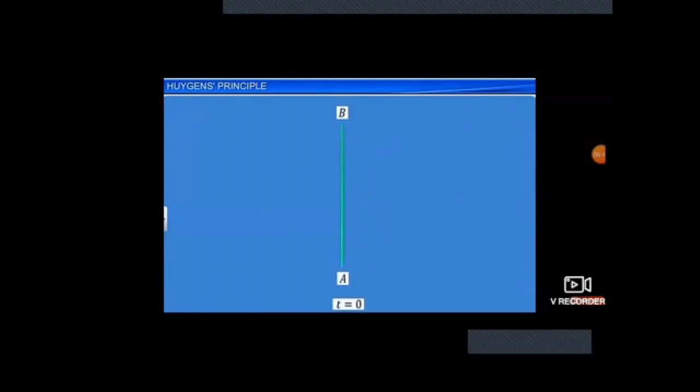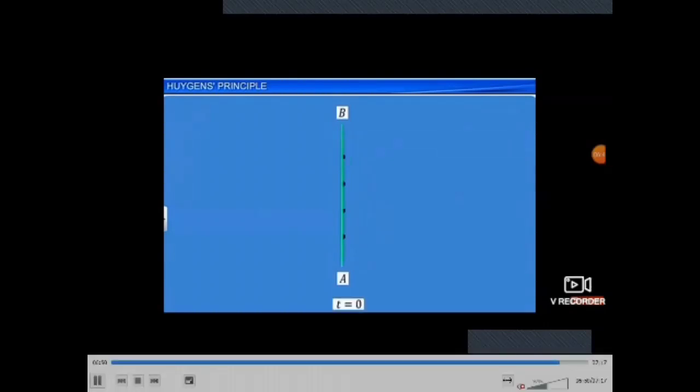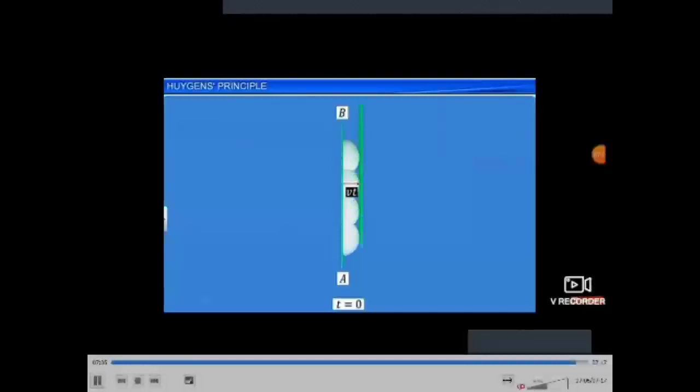If we consider the same thing as a plane wavefront, this is a plane wavefront. From each point of the plane wavefront A and B, waves originate. These dots are the point sources where the waves start, and they move from one point to another. While moving from time 0 to t, the wave moves v into t, where v is the speed of the wave and t is the time taken to move from one point to another. So this is the first wavefront, this is the